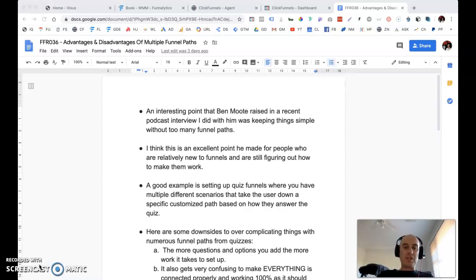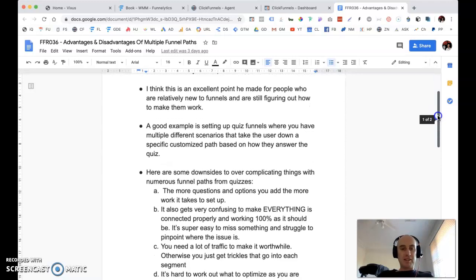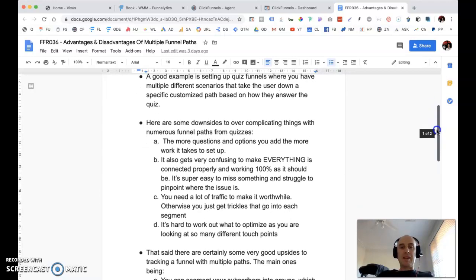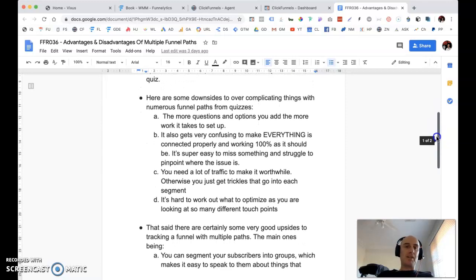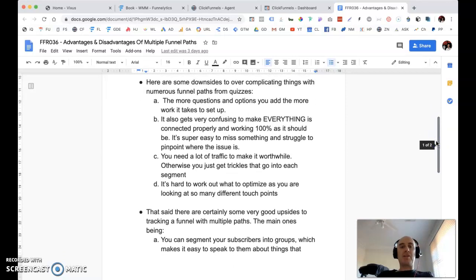A good example is setting up quiz funnels where you have multiple different scenarios that take the user down a specific customized path based on how they answer the quiz. So here are some downsides to overcomplicating things when you have numerous funnel paths from a quiz. First of all, the more questions and options you add, the more work it takes to set up. Now, I'm not saying that it's not worth the time and effort to set it up. If this is done properly and if you've got the budget to get it all set up and working,